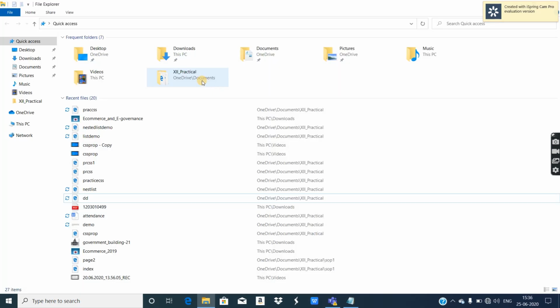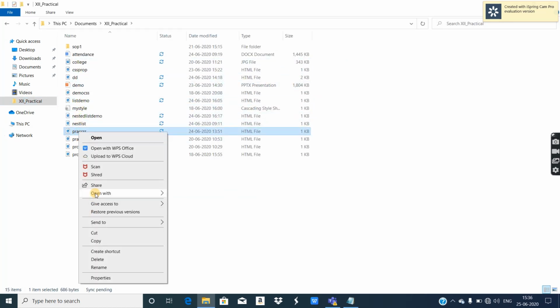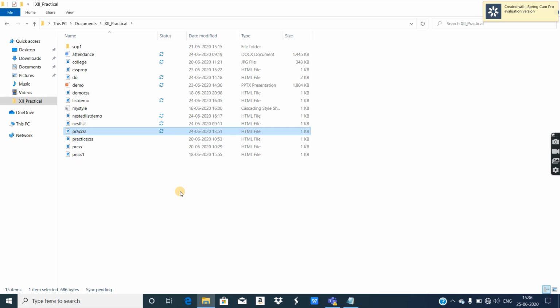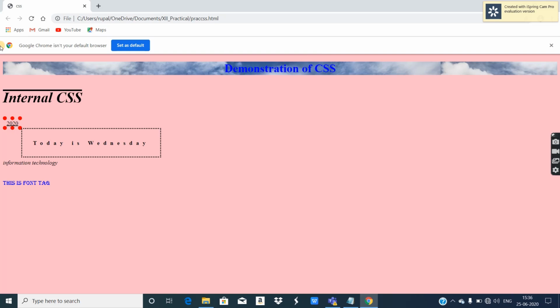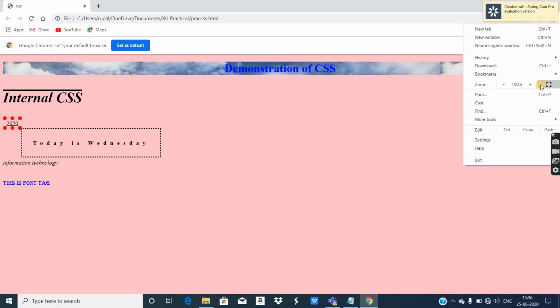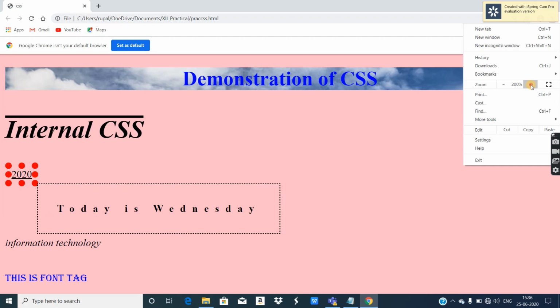So here I go to my folder. I'm going to find prac.css, right click, open with Google Chrome. Okay, see where varieties of CSS properties are applied in this. Okay, I'll zoom a little so that it's properly visible to you.